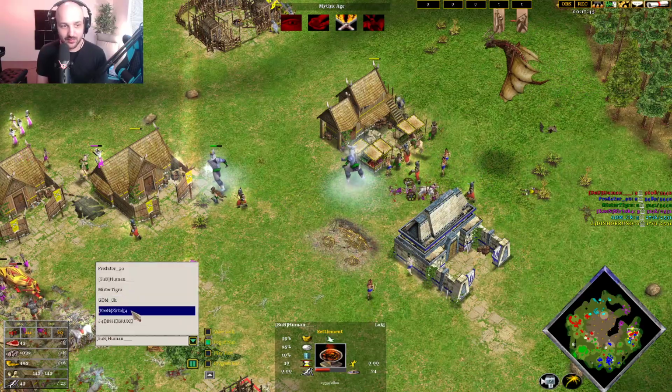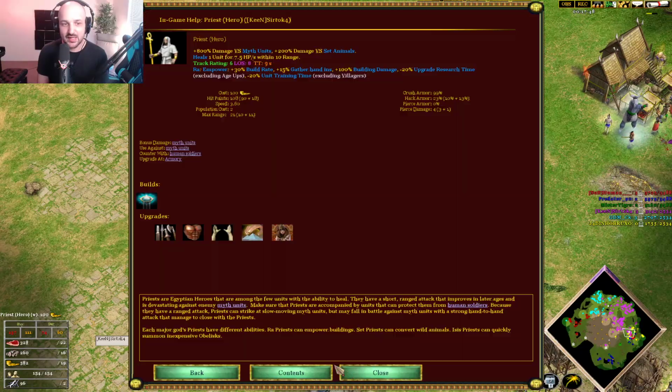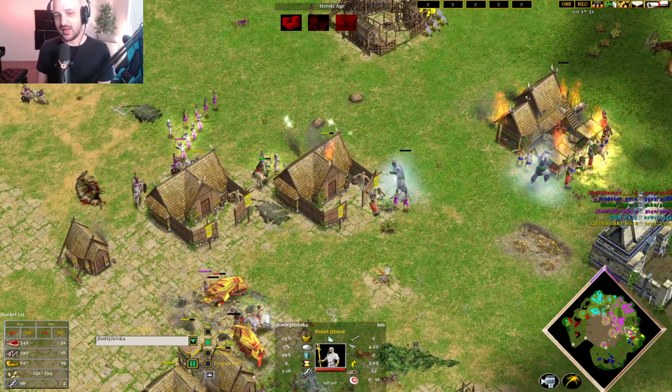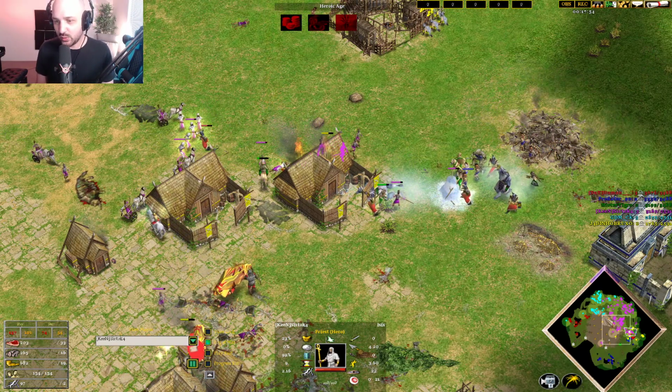What is Sertok doing here? He needs to... Well, he's trying to defend over here. He's got the Priest. He's got Funeral Rites. He's got bronze weapons as well. So those Priests are kind of maxed out in terms of damage. They're going to be able to take down Myth units fairly quickly, but...